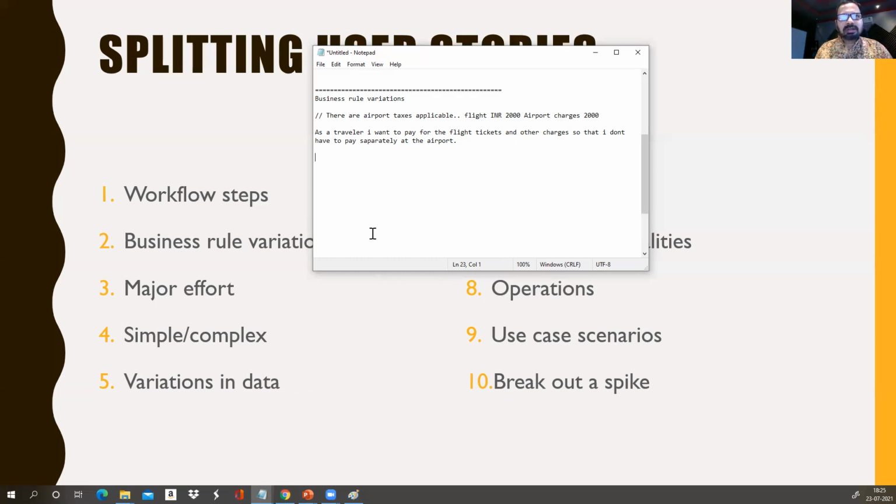Now, how do we break this into different business rules? Now let us do it like this, right? As a traveler, I would like to bill the customer originating from India, so that we can upfront include the airport taxes.